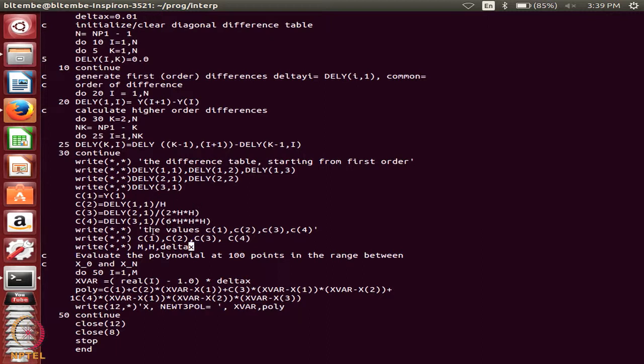Let us look at that again. See this, my real I goes from 1 to 100. So, 100 into delta x will be, last value will be 0.99, because the first value was 1 minus 1 into 0.01, first value was 0. So, the 100th value is 0.99, that is the value at which I calculated my Newton's polynomial. So, now what I want to do, let us now look at Lagrange method.